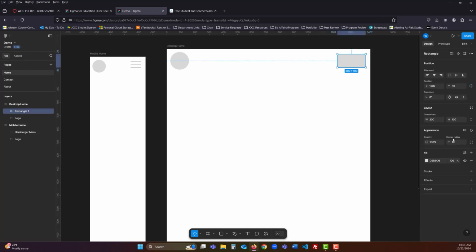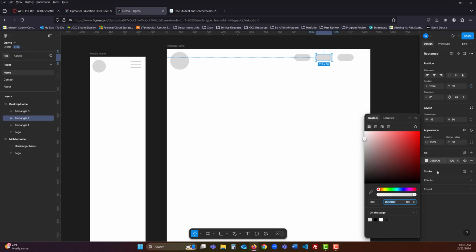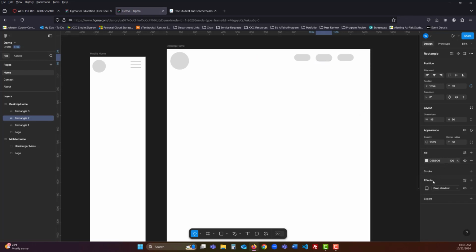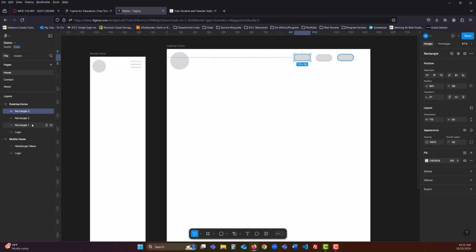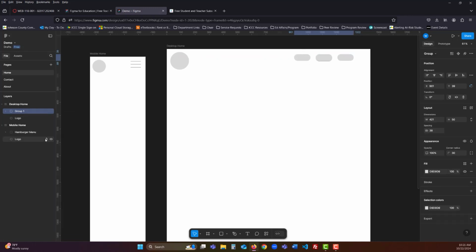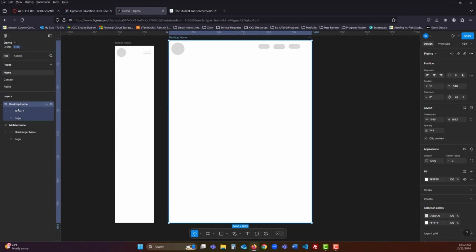That's a little harder to see because it's, let's do something a little more obvious. So I could change this, so then I could have a bunch of buttons, and this is how you're going to build up everything. Eventually you will be able to change the colors. There's also stroke, there's different effects like a drop shadow, options. And then as you're working through things, just make sure that you are naming things. So like once you have all of these figured out, you could group these,